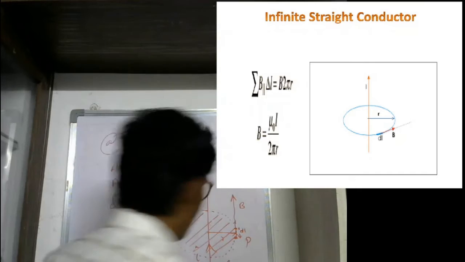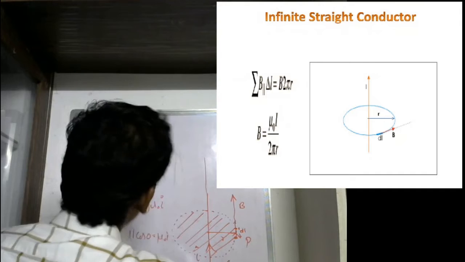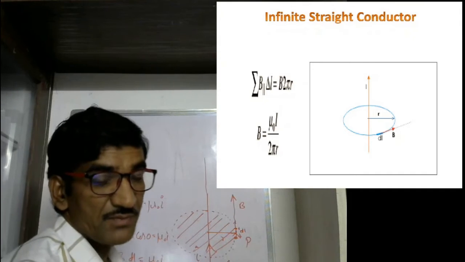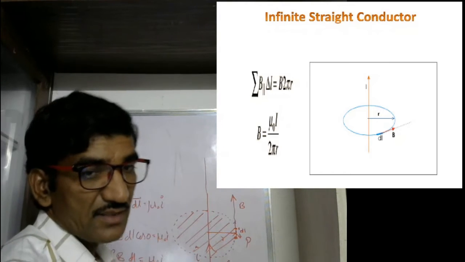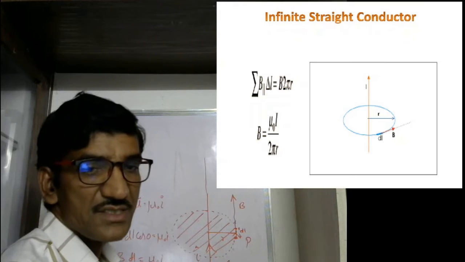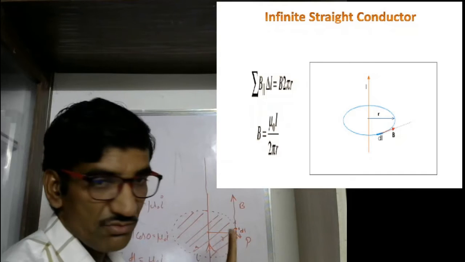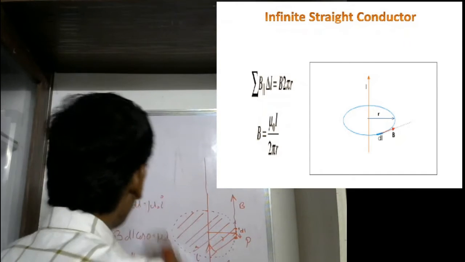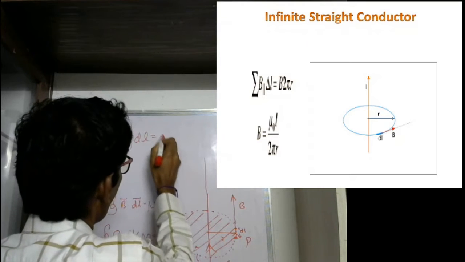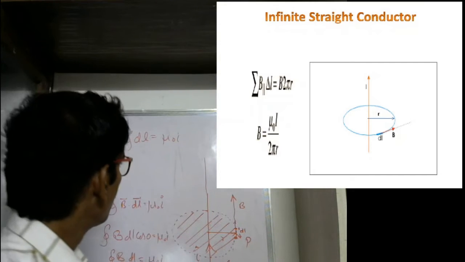Now what we have to see here is whether we can write B outside of the integral or not. That is the important thing. If things permit you to do that, then the problem will be solved very easily. Here B is constant everywhere. Wherever you go on this curve, B's value does not change. So you may write B just outside of the integral symbol, and you have B integral dl equal to μ₀I.